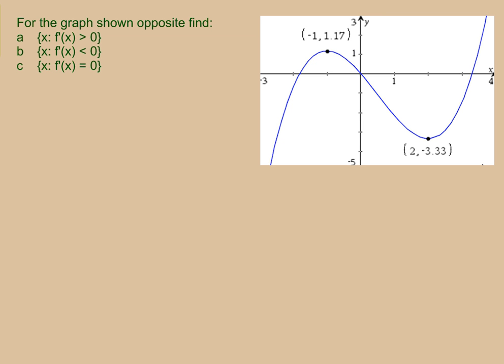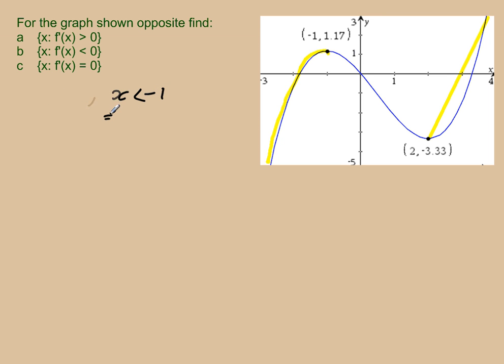Gradient is positive. So if I take the yellow part, we can see that this part around here, the graph has a positive gradient, and also around here it has a positive gradient. So that means we're talking about, let's just get a pen here. So it's positive for, now we can see that this point here is x equal to negative 1. So the gradient is greater than 0 for x less than negative 1,